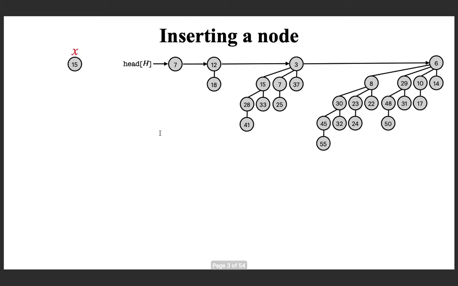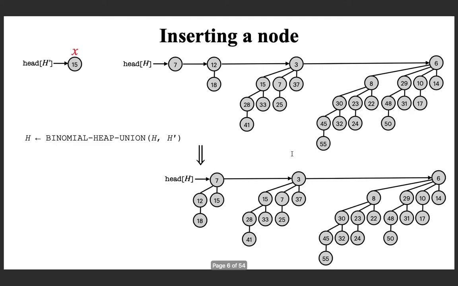So what you do is, with this given node, you make a binomial heap with only that node as the element in it. You can see that this is a binomial tree of height 0, and hence this can form a single node binomial heap. After that, you just use the binomial heap union for combining these two, which will result in this binomial heap, which is what you need.